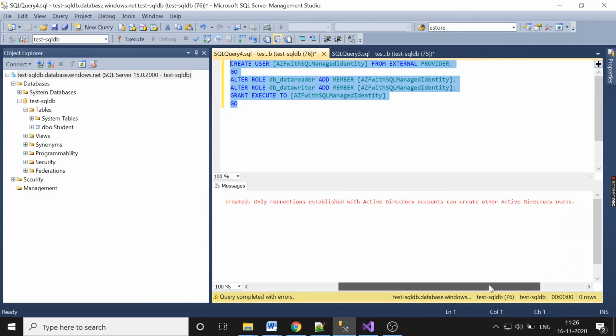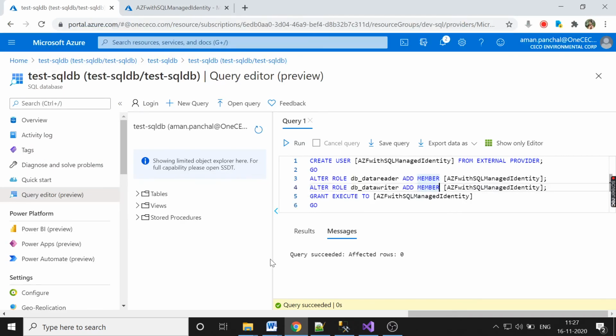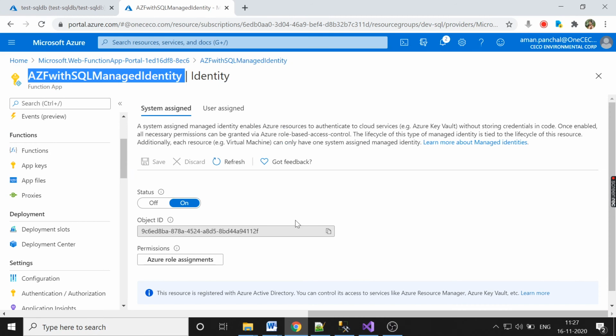You have to use your Active Directory users to create that. So I have created the user so that our Azure function can access Azure SQL through the managed identity. I have registered this Azure function app as a user to this database so that it can access the Azure SQL.